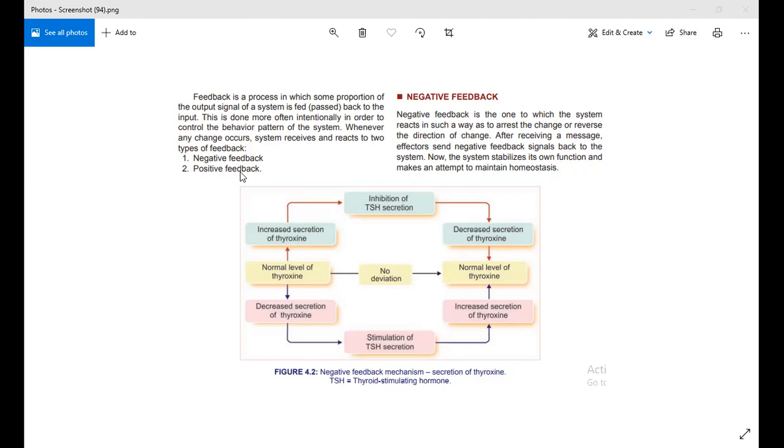In simple terms, in a negative feedback, when the output signal is sent back to the input, it stops the input from further action. That is negative. So it means that the response from the output opposes the initial input. For example, once antidiuretic hormone is released, as we said the last time, and the amount